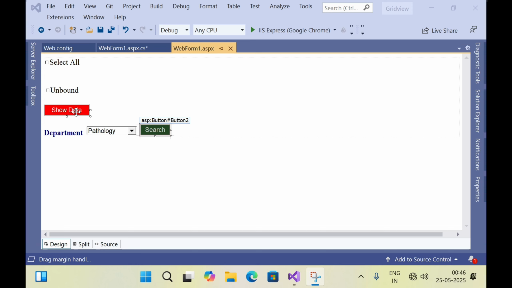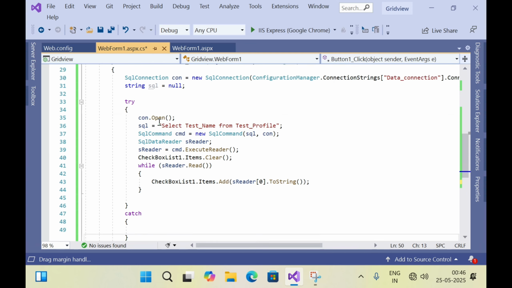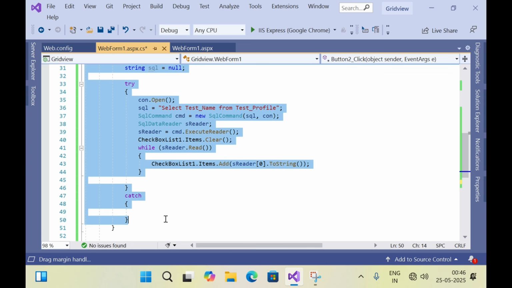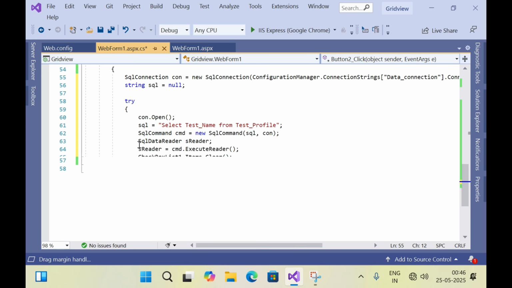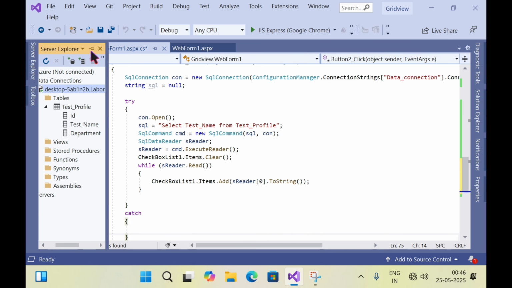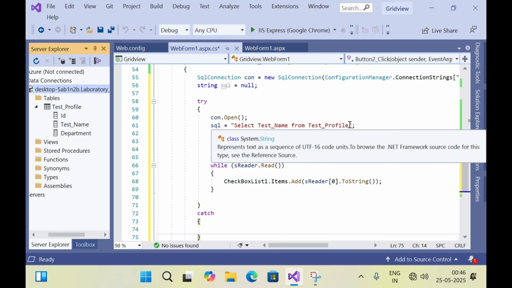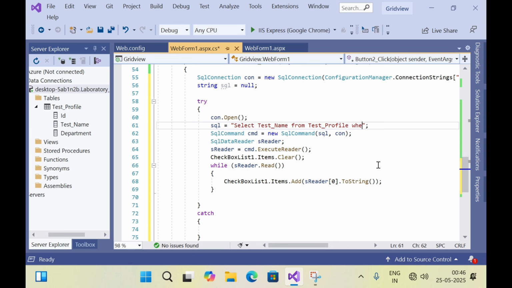So simply double click on this show data and copy this code. Simply copy this code and double click on this search button and paste it over here. And first let's see my table, and in this we have to type here a where clause, where, and I have to filter according to the department. So where department equal to